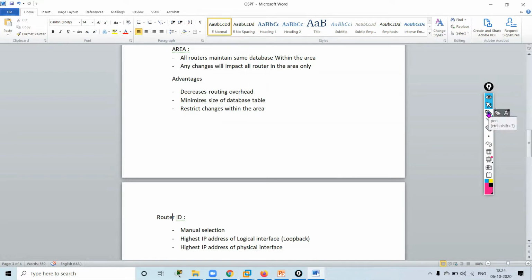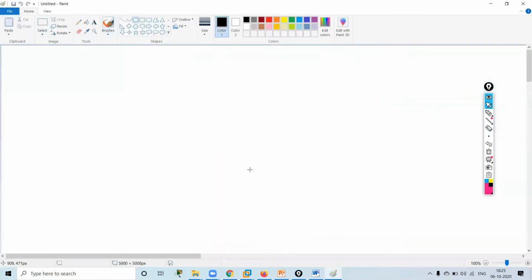The first thing is manual selection. Manual selection means we will configure the router ID manually. If we are not configuring manually, then the router will automatically take the router ID. Now I will give you an example of how the router will select the router ID. If we are not doing manual things, then the first thing that it looks at,